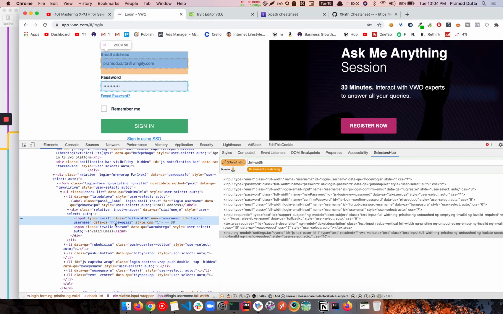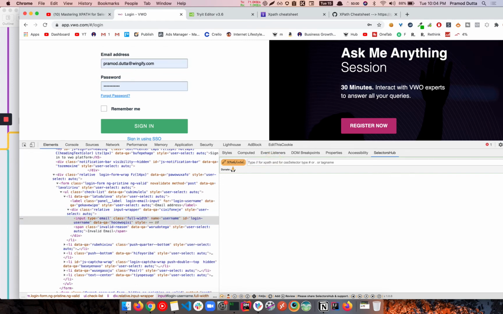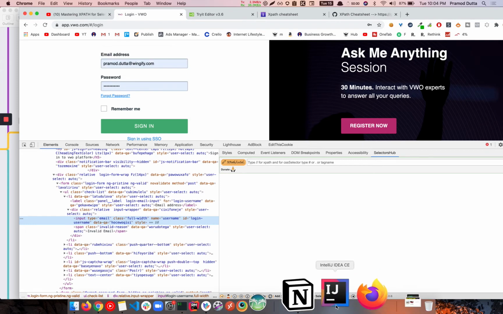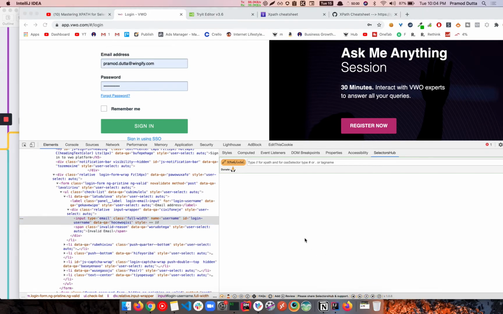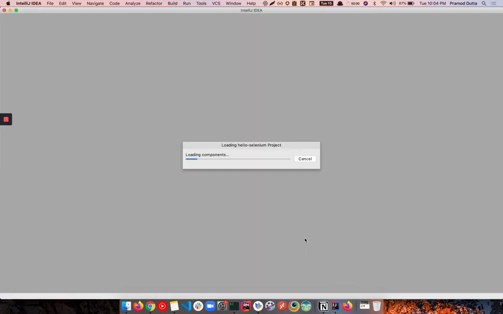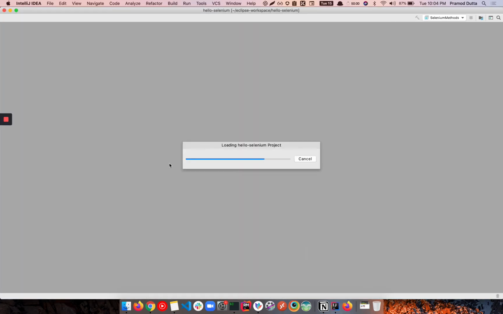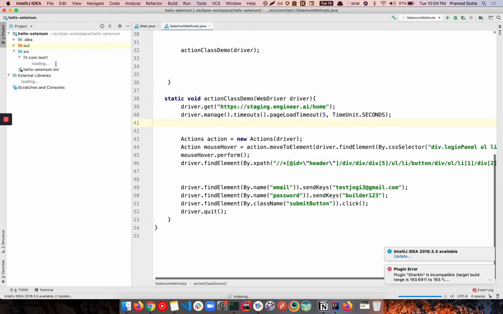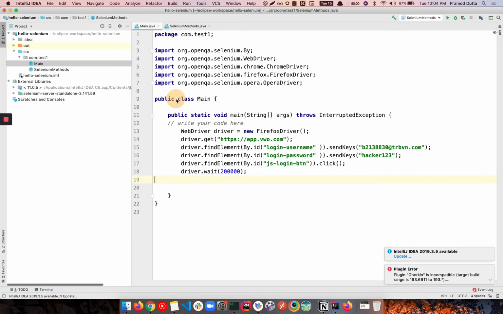So name, generally, if you see name, again we have unique, right? So for name, we're gonna use name. Generally, to use the name, in Java we have already provided by.name, that we can leverage. So let me show you a quick demo about it. That previous demo that we have already done, I'm gonna show you all the things now with all the locators that we have found in the previous video, right? So let's go to the main one.